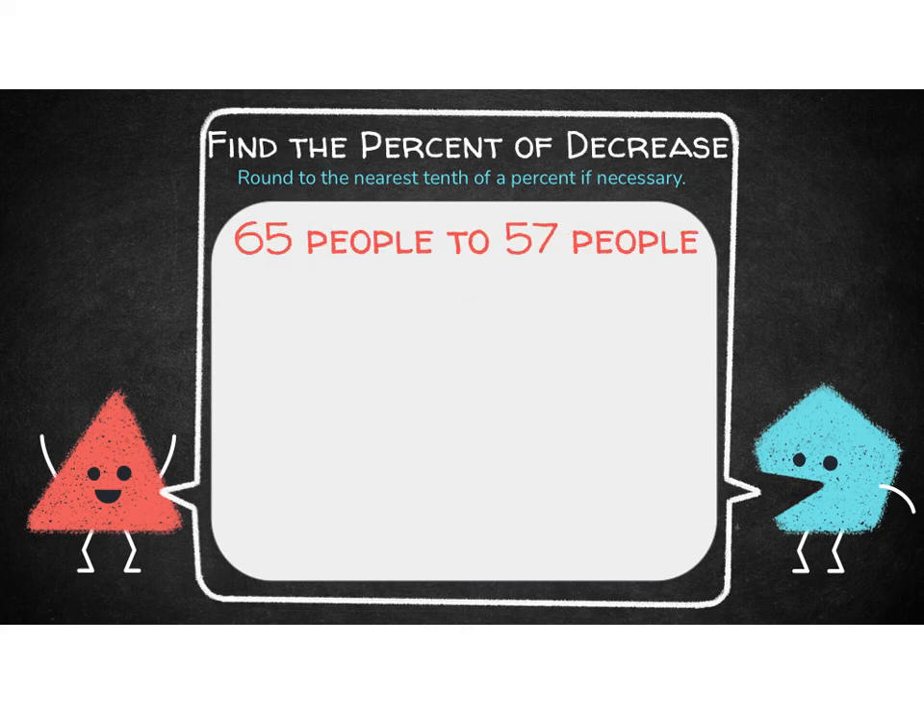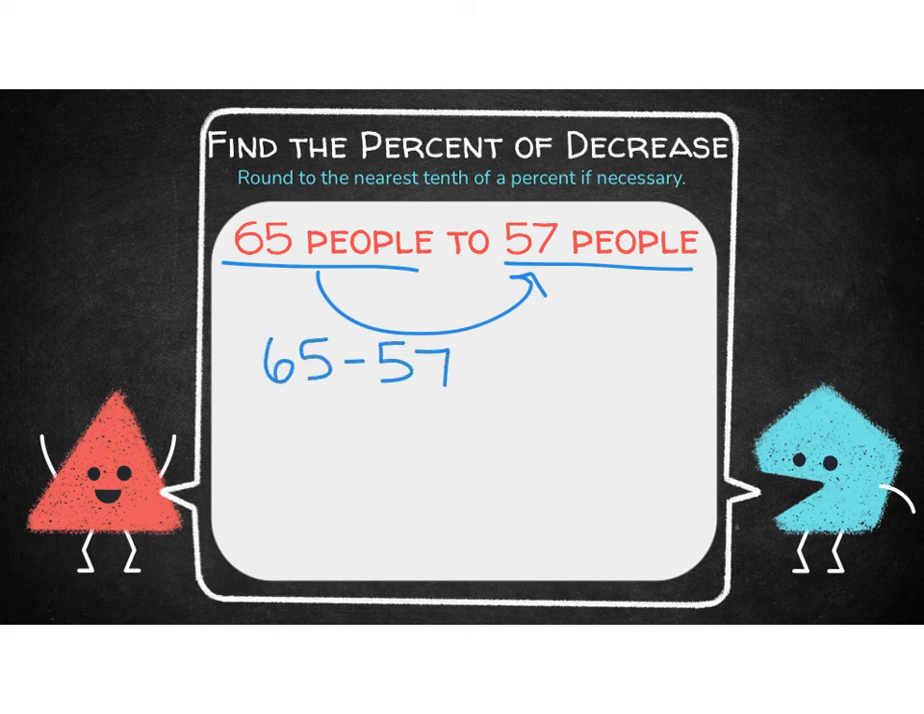Example 2, we have a percent of decrease. So we're starting with 65 people, and then it goes down to 57 people. So in order to calculate the percent of decrease, we find the difference in the amounts first, the larger amount minus the smaller amount. We always divide by the original amount, and then we calculate the percentage by multiplying that by 100. So in this example, you should have gotten a percent of decrease